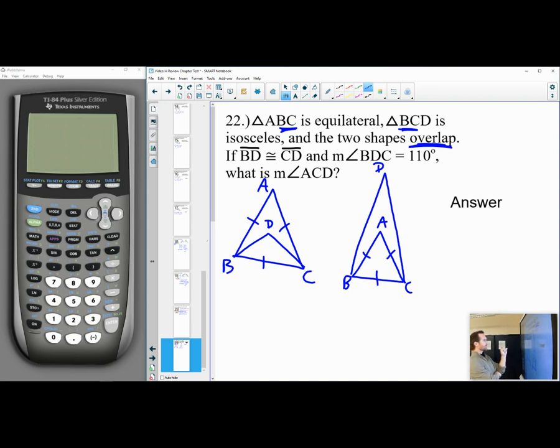It says segment BD is congruent to CD, so BD and CD. Let's put this in both for now, BD and CD. And the measure of angle BDC is 110. Okay, so BDC is 110. This is going to be the step that tells us which diagram is going to be the actual diagram that's